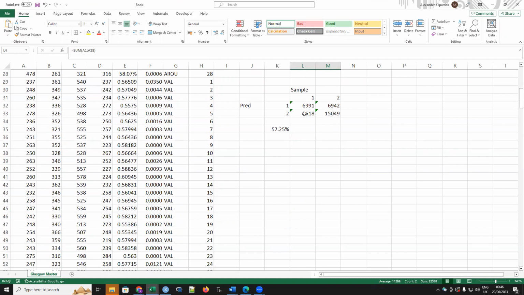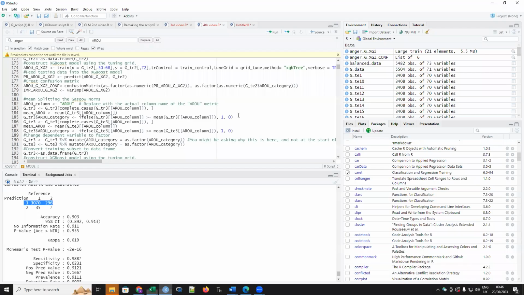Let's see. Here we have it again, but for valence, where a low score is negative and a high score is positive, it's over predicting to that positive category. Or is it positive or negative? I have to go back and look. Anyway, it's over predicting to one of those categories. I'm not sure why it's doing that. I'd really love to explore that in this data set, but we can't do that using mean split, because mean split will give you uneven sample categories, right? So what does that mean?